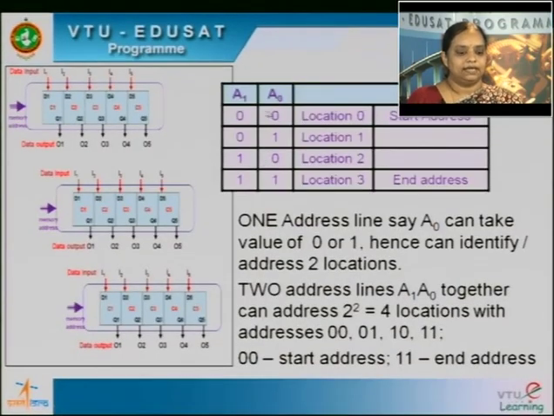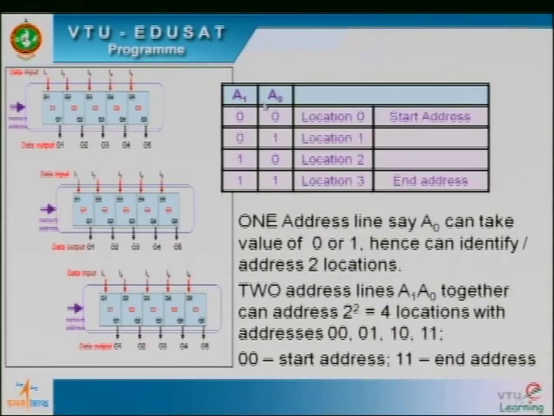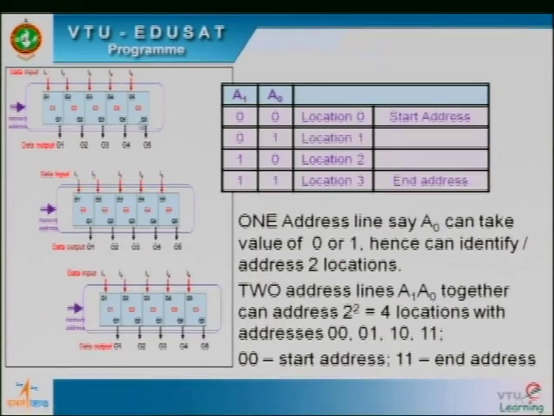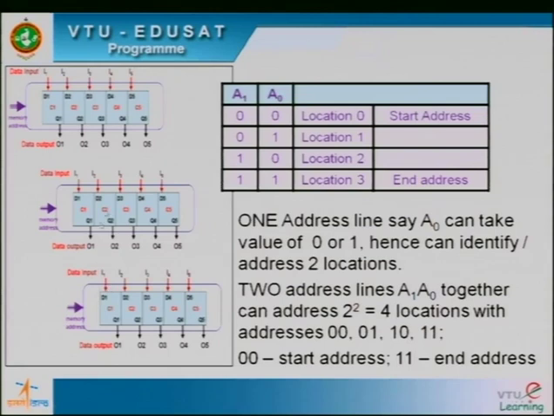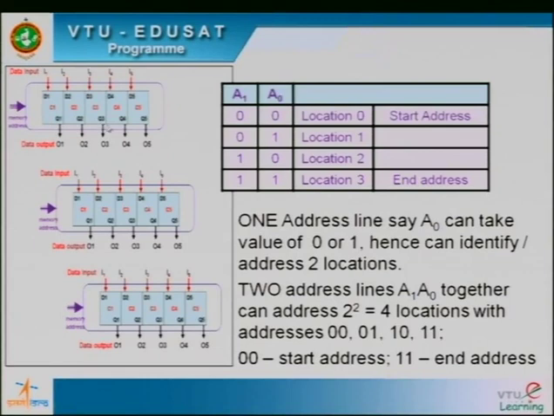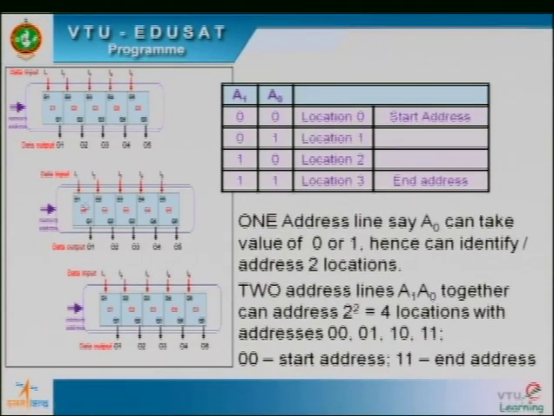And next comes the addressing. We need address lines. And why do we need address lines? As I said, the memory is arranged in the form of words, and each word has an array of memory cells. Let me take this example once again. Here there are 3 locations. To address these locations, we need address lines. Say I have only one address line A0. This address line A0 can take values of either 0 or 1. So if it is 0, it will address one location, and if A0 is 1, it will enable the second